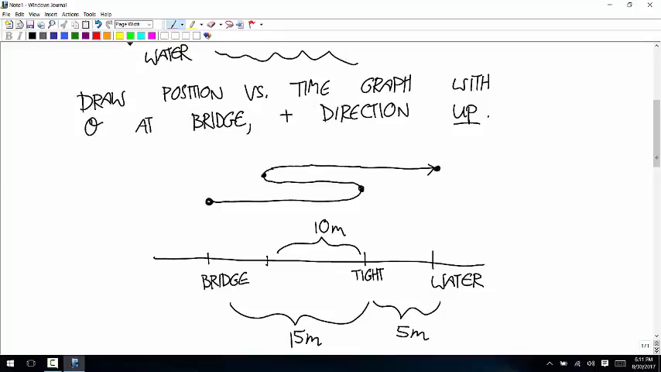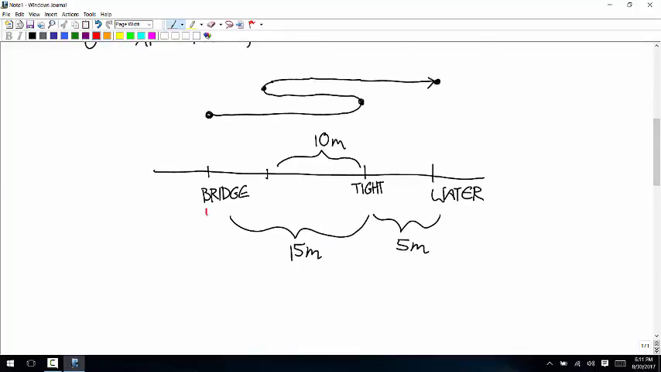So that was given in the problem. So this is 0. And the positive direction is up. That means the positive direction is away from the water, from the bridge. That means the negative direction is towards the water. Okay. And now that we have the 0 position and the positive direction, we can start to put some numbers